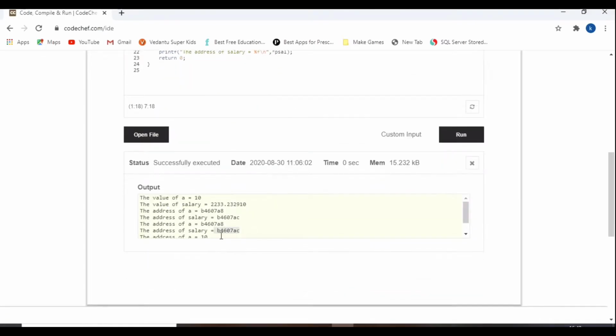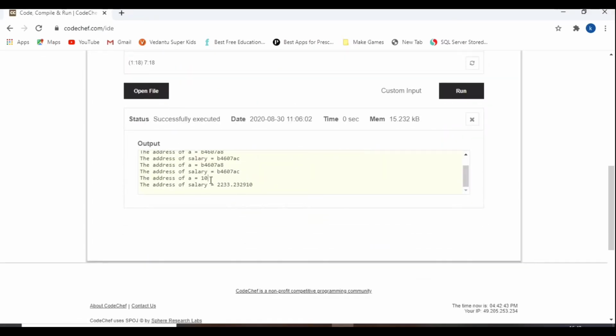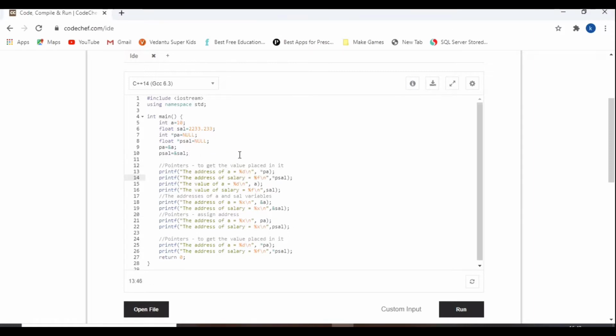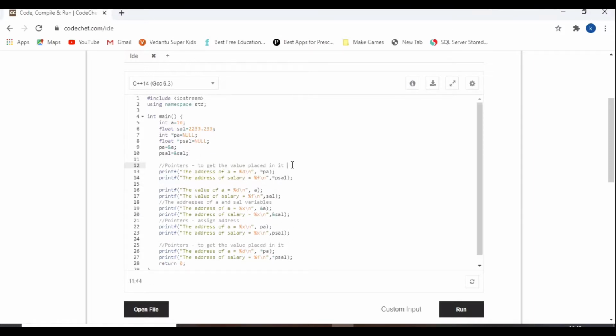Now you can see the value of a is equal to 10 and the value of salary is equal to this one. So if you want to display the same thing as in the beginning, now you will know the difference. I say the address before.